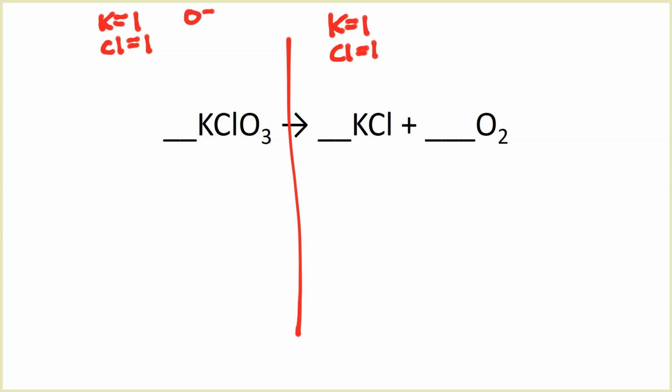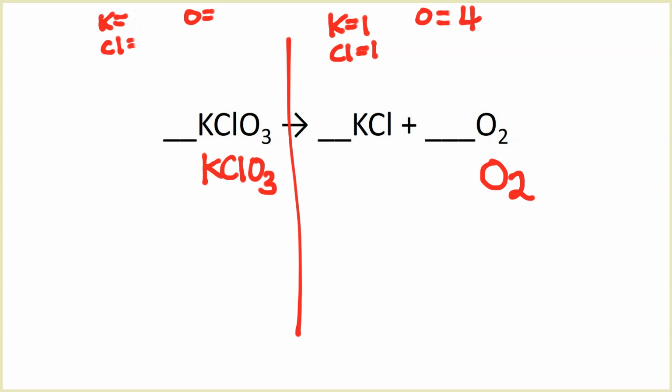So O, you got here 3. On the right side, O is equal to 2. So you need more O's on the right. So again, since this is a copy method, you copy the entire molecule. O is now 4. If you look closely, the left side needs more O's now. So I'm going to copy the O's. But wait, since I need to copy the entire compound, it changes all the numbers now. So what happens here? My K is now a 2, my Cl is now a 2, and my O